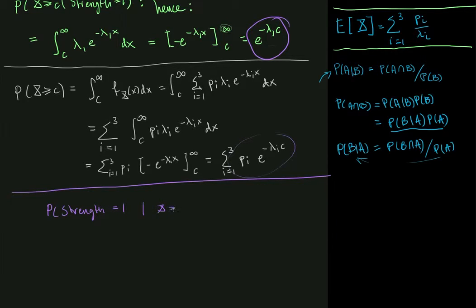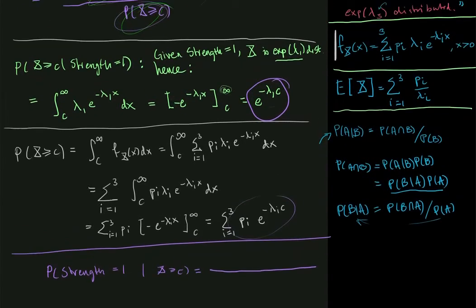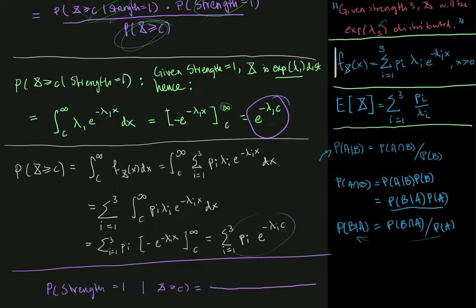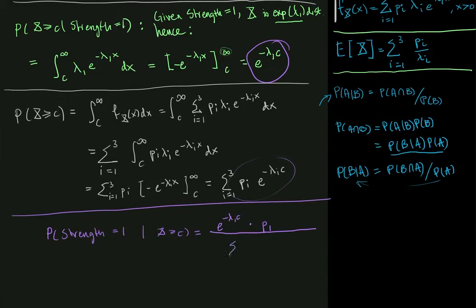So the probability that the strength is equal to 1, given that the loss is at least c, is equal to the ratio between the probability that x is greater than or equal to c given the strength is 1, so that's e to the minus lambda 1 c, multiplied by the probability of the strength being equal to 1, which was p1, and then divided by the sum of pi multiplied by e to the minus lambda i c for i going from 1 to 3. So this is the final result in part C,